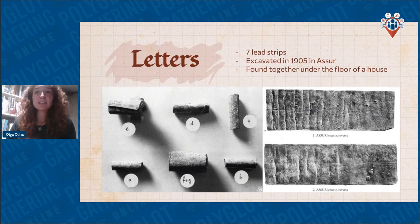They were excavated in 1905 in Assur, which is not on the map that I showed you previously because it is in Mesopotamia, so it is far away. A mystery how they ended up here. But you can also see the inscriptions are divided into 2 registers, and they could be nicely rolled up so that nobody could read them, or so that they could be easily transported. Very, very interesting pieces of